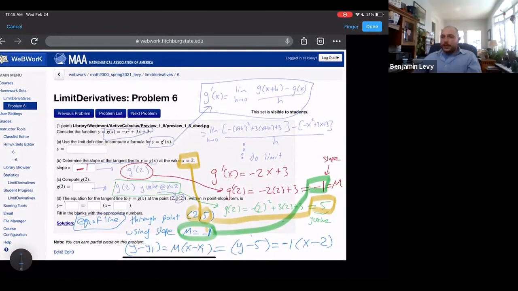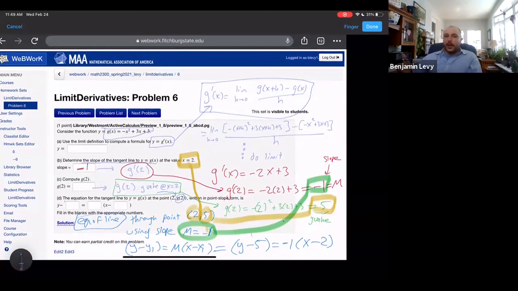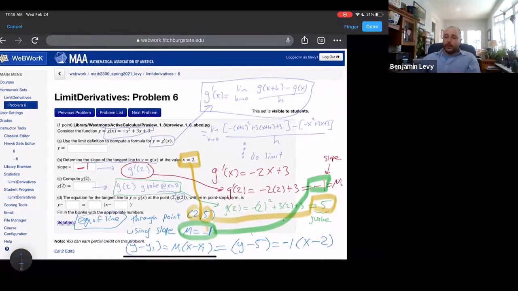I'm glad someone asked this particular question, because this is doing each one of those steps we just talked about, right? Calculate the derivative, find the slope, find the y value, plug it into the formula. It's breaking it down to each step. Other problems don't do that. Other problems just say, find the equation of the tangent line. But you're still going to want to do each one of these steps. So going back to this problem, either reviewing the video as it's being recorded now and these notes should help guide you on the other